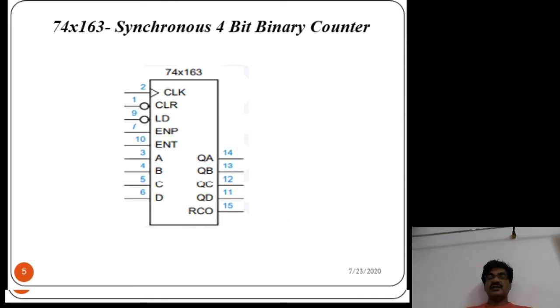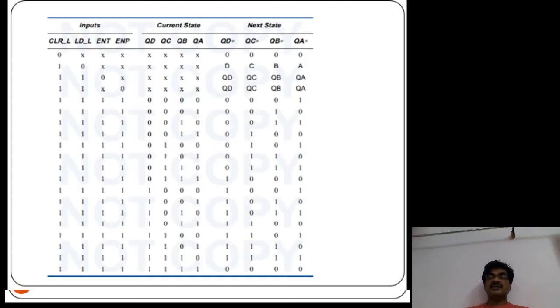Let's observe the functionality of this 74163 as a counter, with different input signals, which you can observe through a truth table. Basically this counter uses D flip-flops internally, so that it gives first priority to the clear signal, because clear and load here are the asynchronous inputs to the counter. Clear and load are the asynchronous inputs. Generally asynchronous inputs are the first priority inputs. First of all, it checks the clear signal.